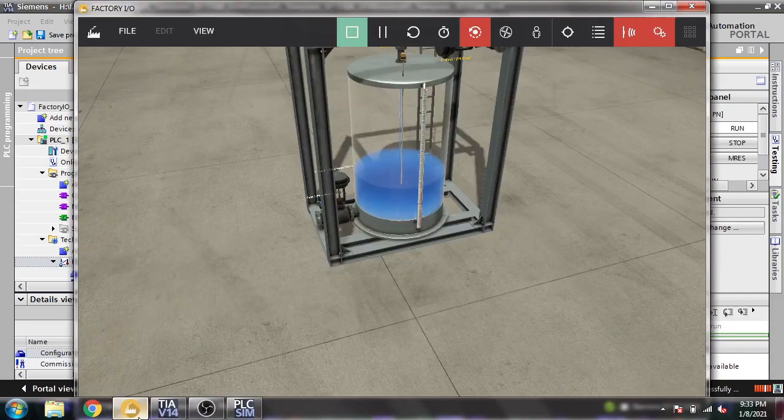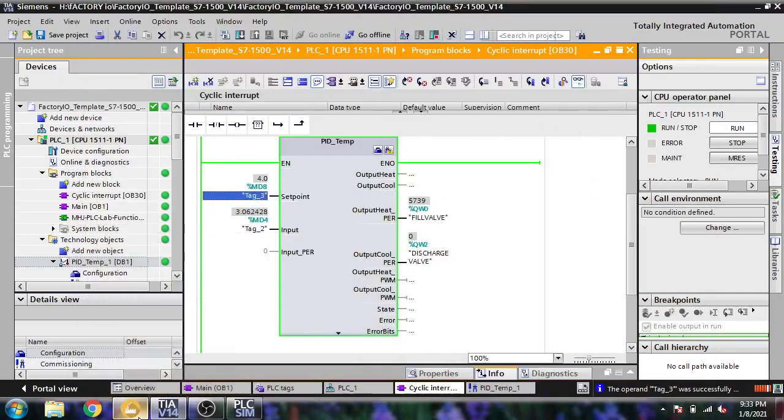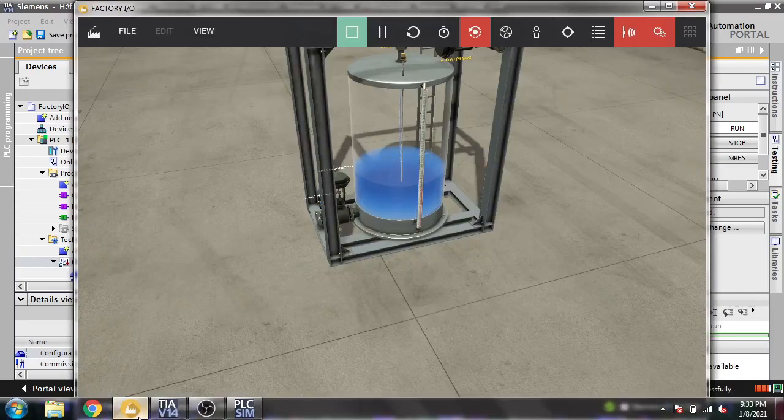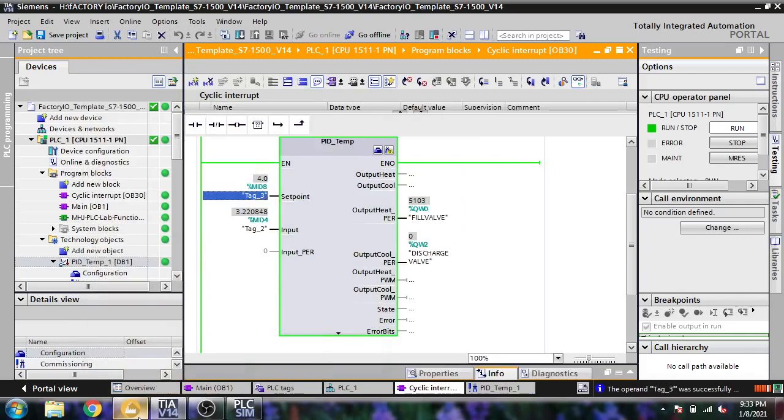And our fill valve is working. And we will check whether our discharge valve works or not. Let's see.